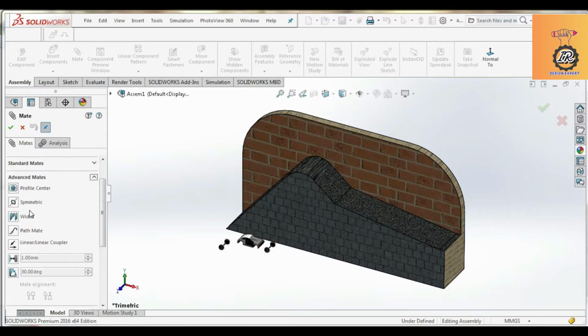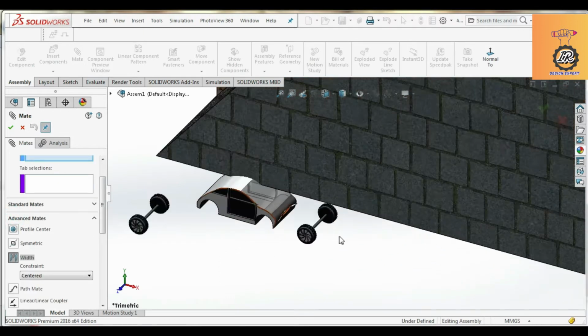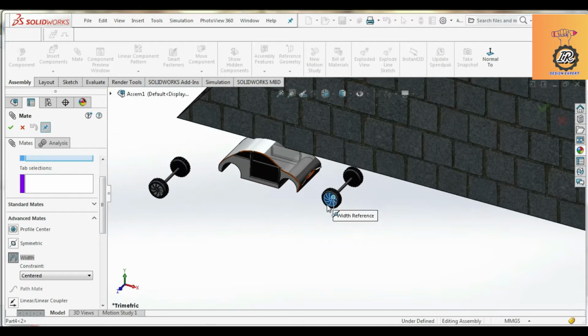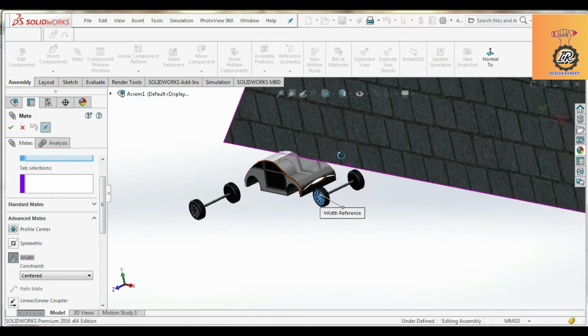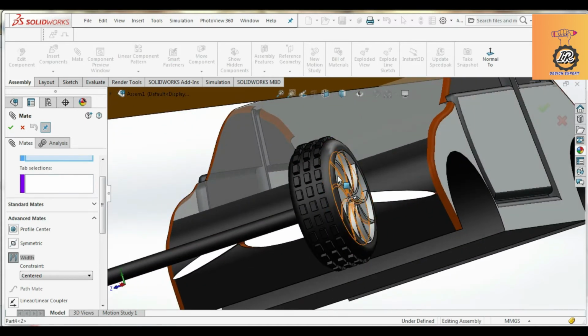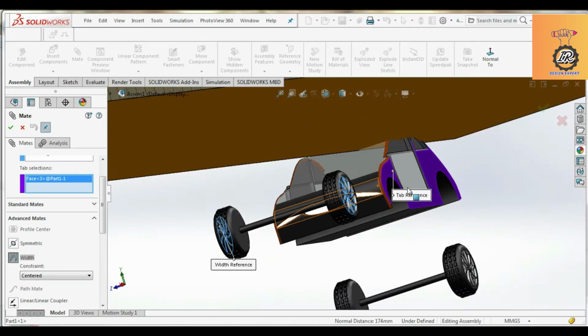Select the mate command and advanced mate. Just select the outer surface of the wheel, two outer surfaces, and two outer surfaces of the car.